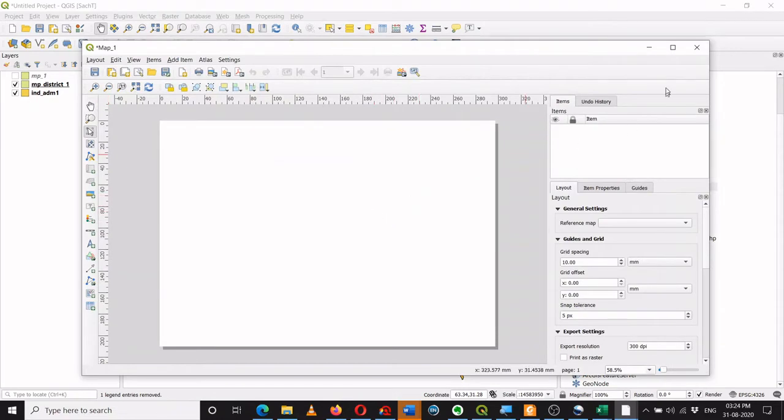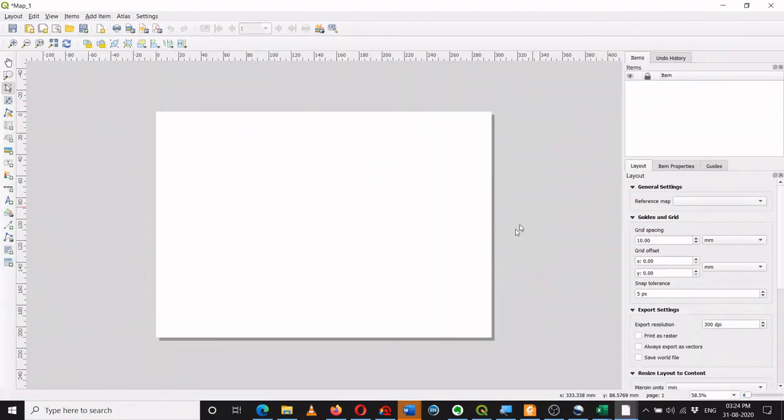Once I do that, I get this window which consists of the interface of the map layout or composer, and this is the area where I can draw a map. I can adjust it from here. I can say fit layout.